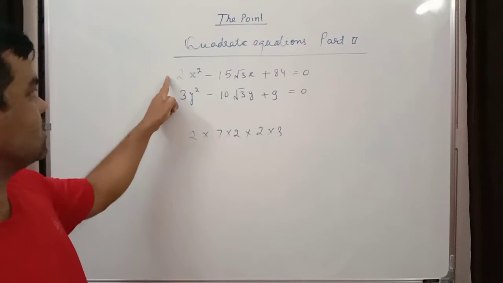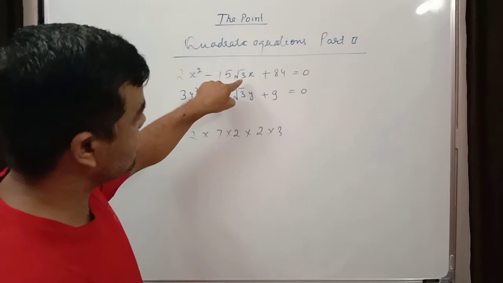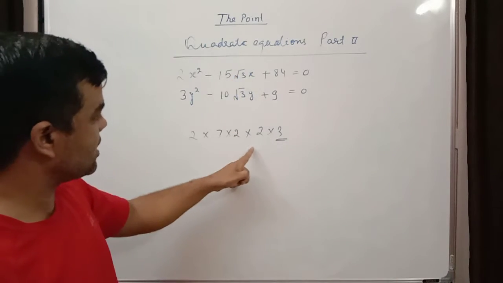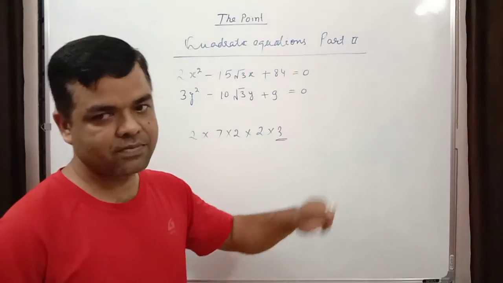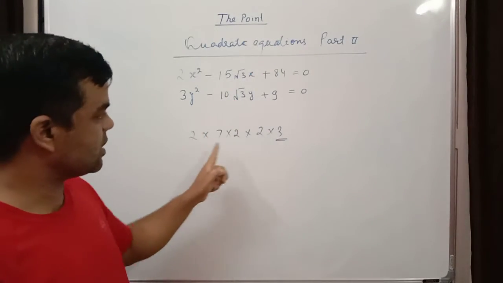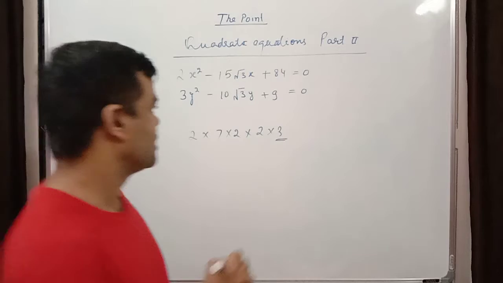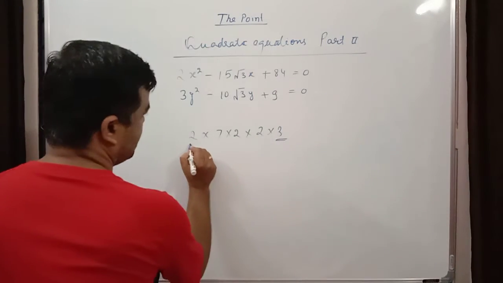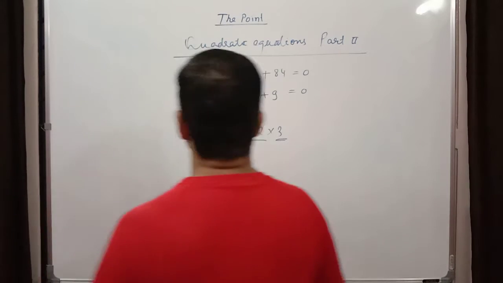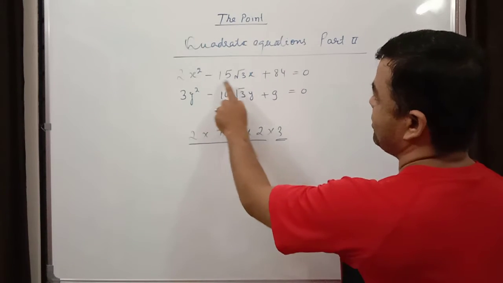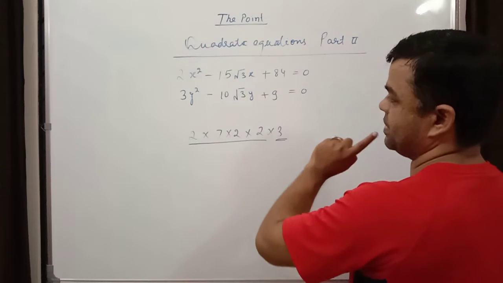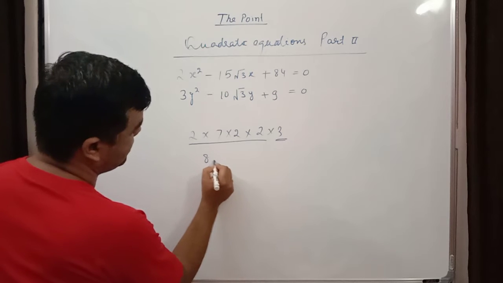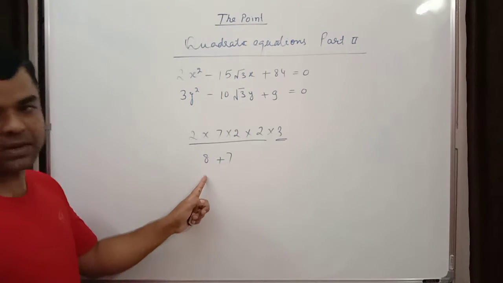Okay, and this is the 2. If there is root 3, then take this 3 out. If there is root 5, then wherever 5 is coming, take that 5 out. If root 3, then you take root 3 out. Now the numbers remaining are 2, 7, 4, 4. Out of these you make a factorization so that the sum comes to 15. So I will make it 2, 4 2s are 8, 8 plus 7 becomes 15.